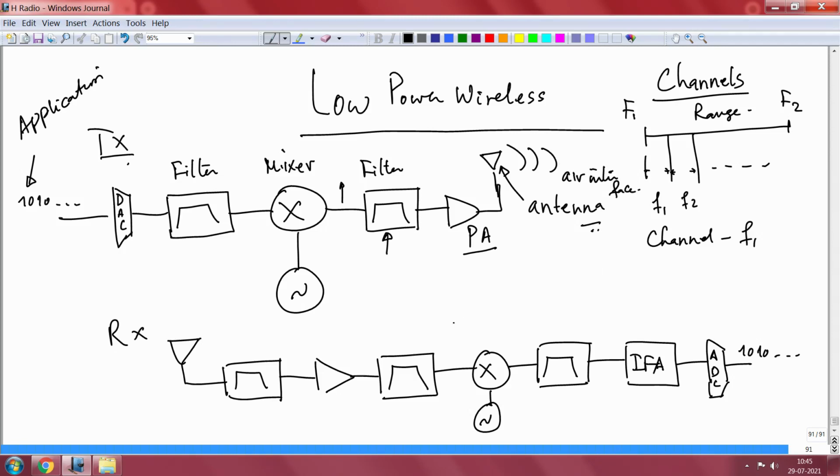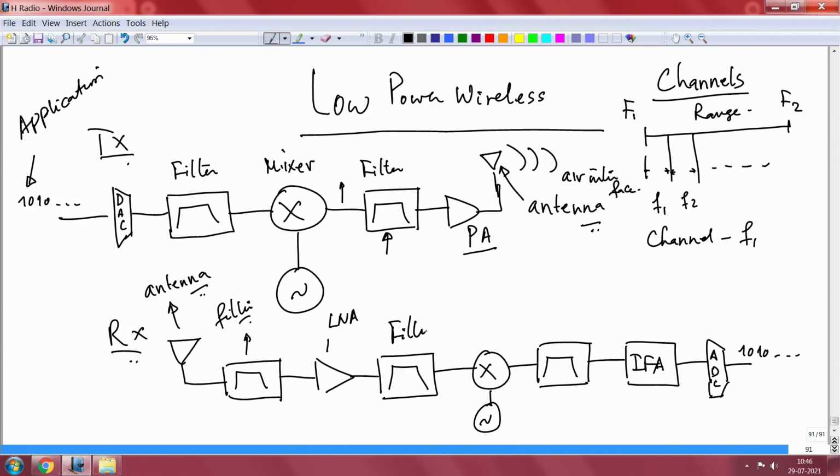Now data is going out as an analog signal on the air interface. Once that signal goes, it comes to the receiver. What happens here? Exactly the opposite. You need an antenna to receive it, you need a filter to ensure that you are not accepting any other range and also any other channel, because now this is tuned to a given channel. And then this is the low noise amplifier. Signal is so small that unless you apply an amplifier right at the beginning, you can't even decode it accordingly, right. So this is a low noise amplifier.